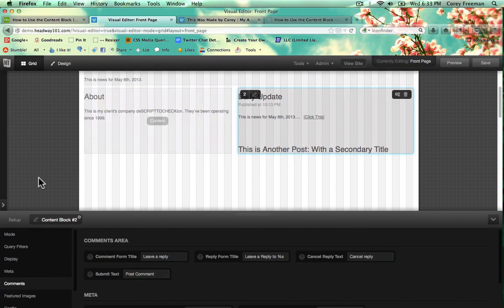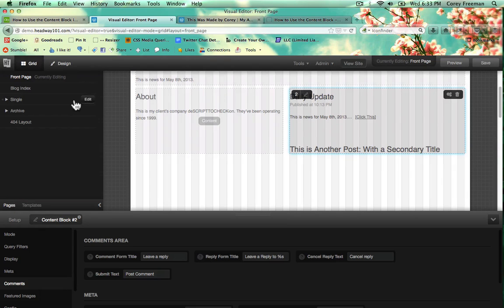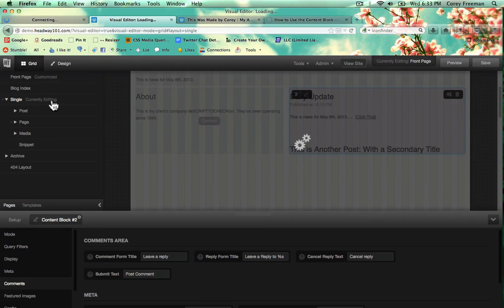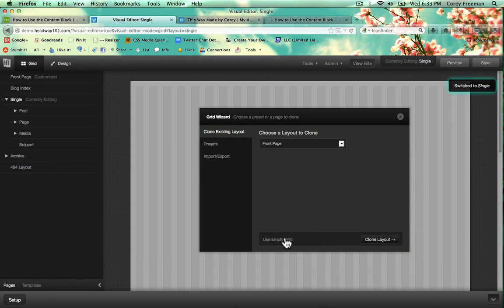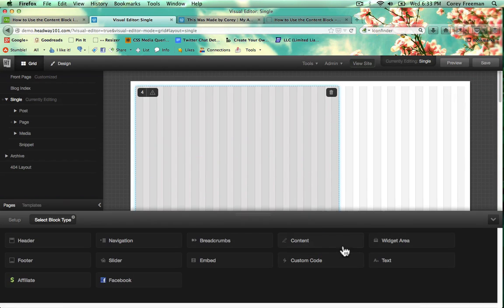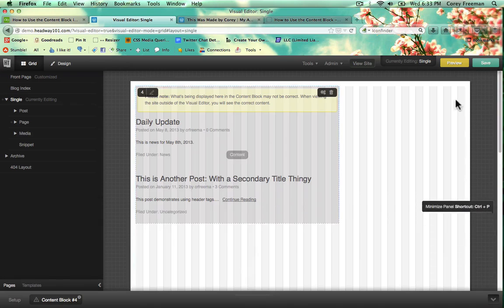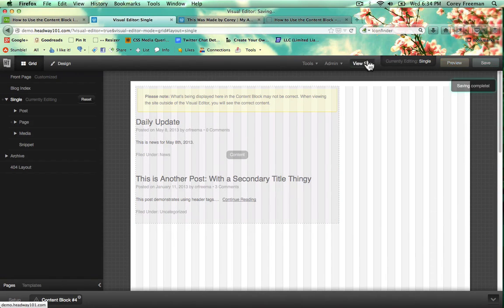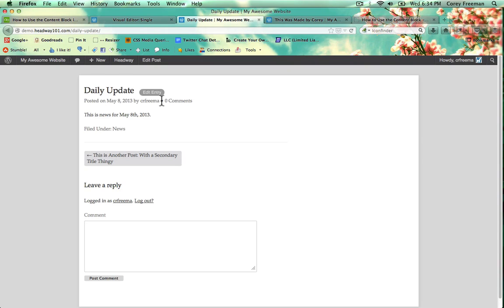Comments. Let's go to a singular page. I'm actually going to go ahead and edit the single page layout in the grid mode. Just going to click edit and use an empty grid. In this one, I'm just going to click and drag and add a new content block in default mode. You can have as many content blocks as you want. You can spread them out between pages, whatever. So this is my single layout, so this is how it'll look